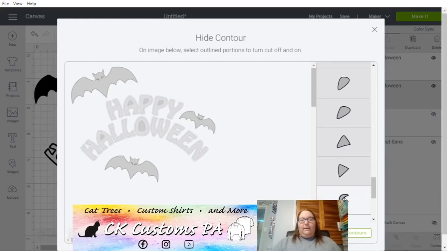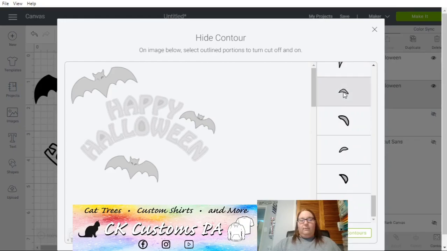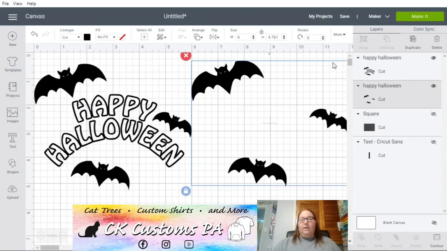This is a bad eye. Yep, that is a bad eye. Just checking them. I think that's good. So I'm going to close contour, and all we have left over here are those bats, which we're going to do in